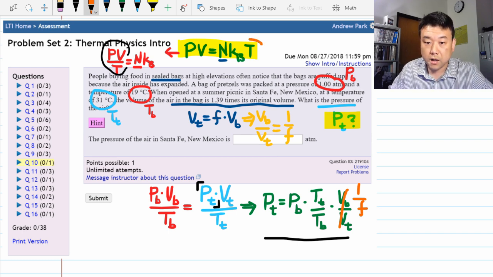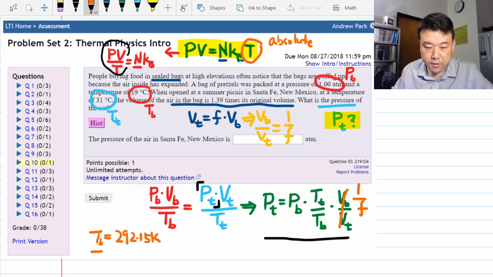In the ideal gas law, we are assuming that the temperature is in an absolute scale, that is the Kelvin scale. So you should convert the temperature, 19 degrees C, if that's the number you have, to the Kelvin scale by adding 273 or 273.15. So you want to be sure that the number that you're plugging in for temperature at the bottom is 292.15 Kelvin,